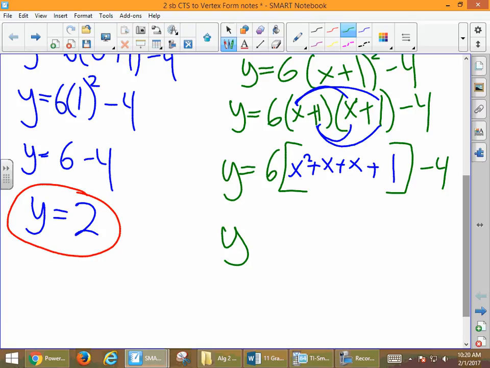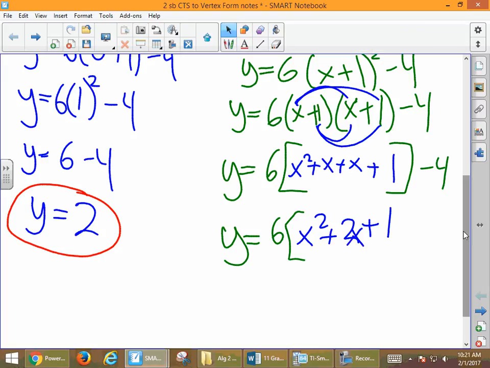We'll have y equals 6, front of bracket, and then we only have one x squared, so x squared, but we have two x's, so we'll have 2x, and then plus 1, oh, I'm sorry, I lost my x, so it's 2x plus 1